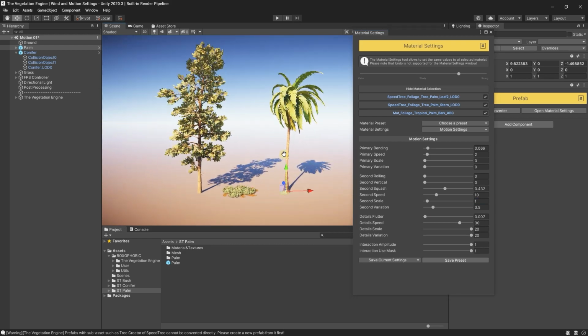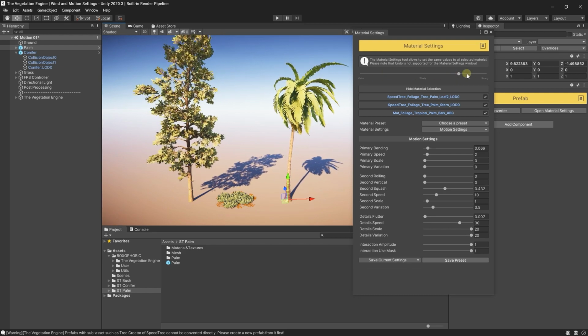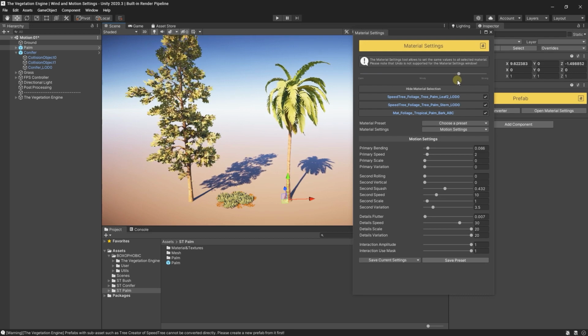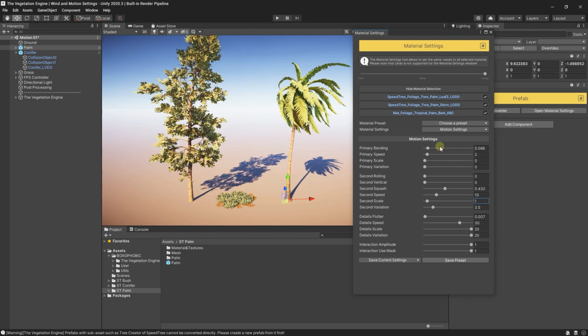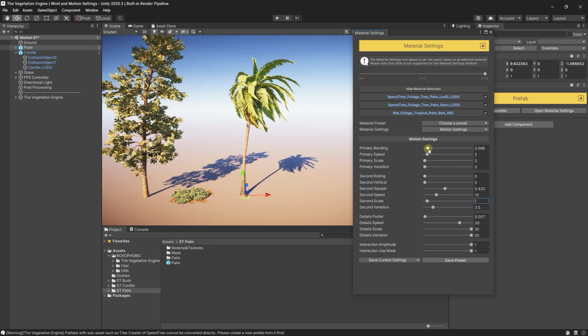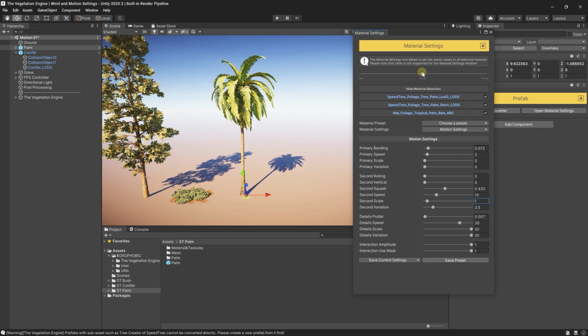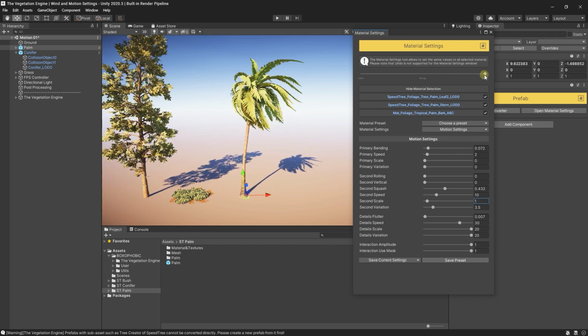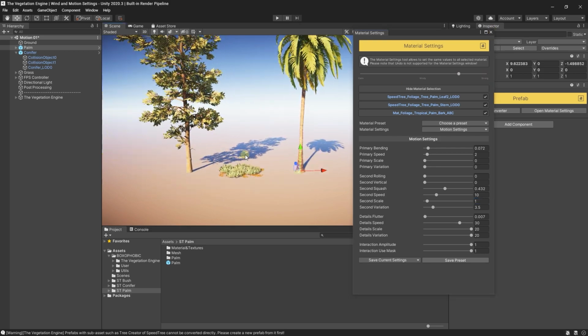It is always a good idea to check your wind settings in various conditions. So for instance, I need to always check in strong condition so the bending is not too much, or the other layers. So always test your animation in various wind conditions. So I think it looks pretty good. Let's go to the